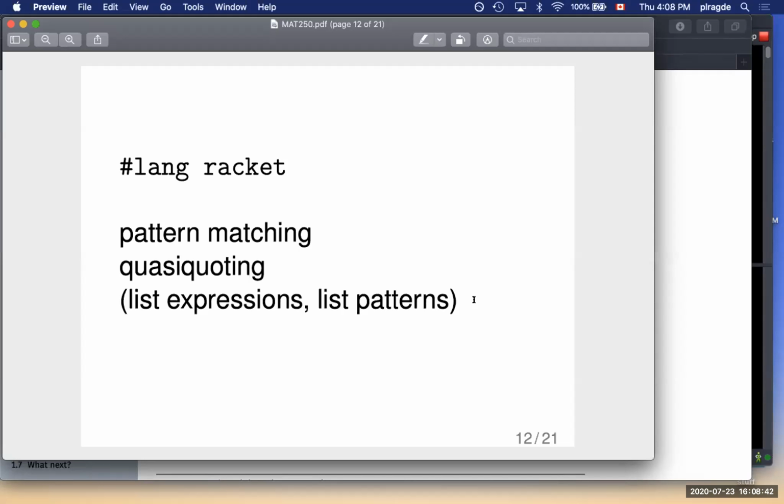If you try to cons 1 onto 2 in Racket, you can do it. You will get something that displays as open paren 1 dot 2. That's the special meaning of dot. You don't want to do this. This is not something you want to do, and I'm mentioning it because if you make a mistake and cons